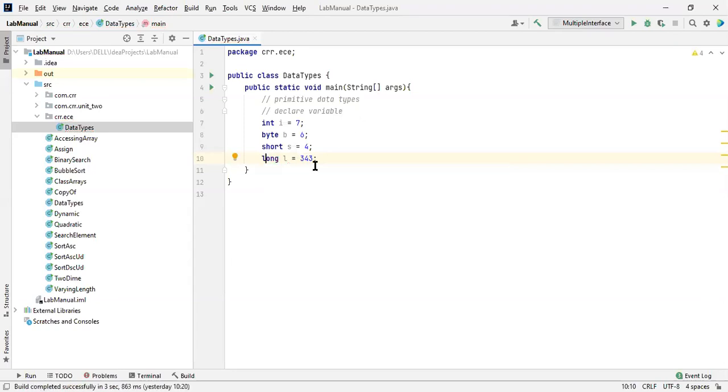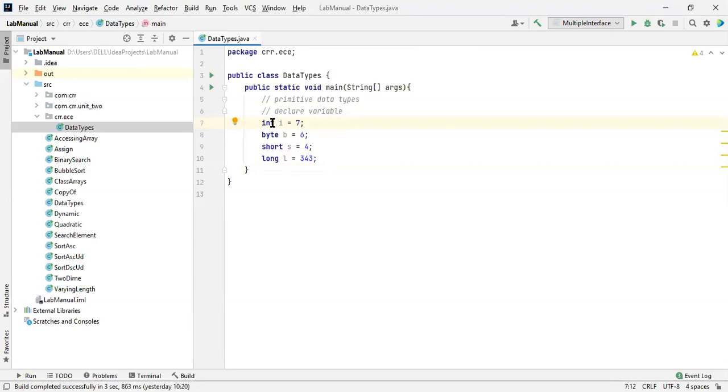And one thing I want to tell you: when you declare a long and you just mention a number over here, it is considered an integer only. You have to allocate memory for the variable. It will be identified as a long only when you mention L over here. Again, I'm telling you, you have to mention either a capital L or a small L to tell the compiler this is a long primitive data type. If you don't mention anything over here, it will treat it as an integer only.